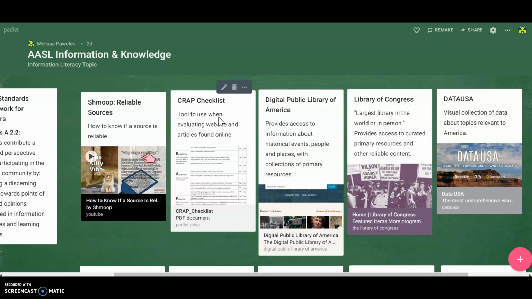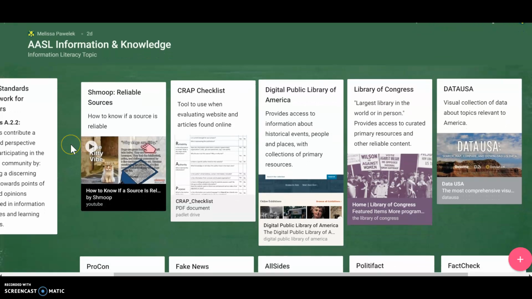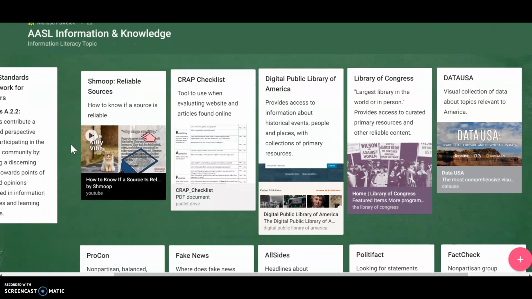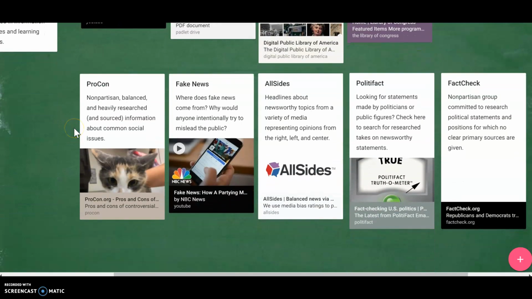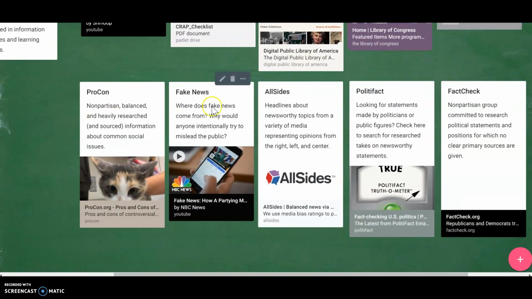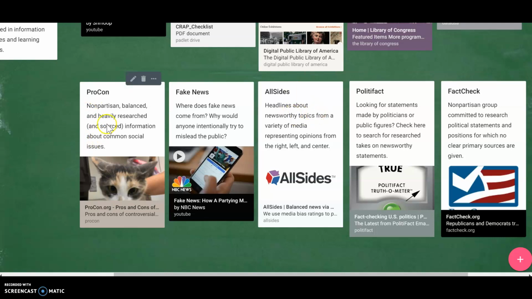So those are the three that are just kind of in general what's going to help you with your research. Now, if we're talking a little bit more about how can you tell if something is credible, should you believe everything you read on the internet, we have these websites that are here. They're all pretty similar. I'll click on a couple of them and just show you what they look like. My favorite one is probably this Pro-Con. Second favorite might be All Sides over here. So Pro-Con